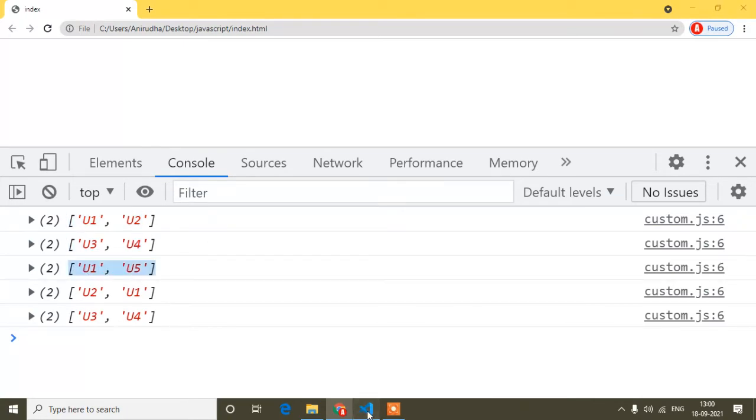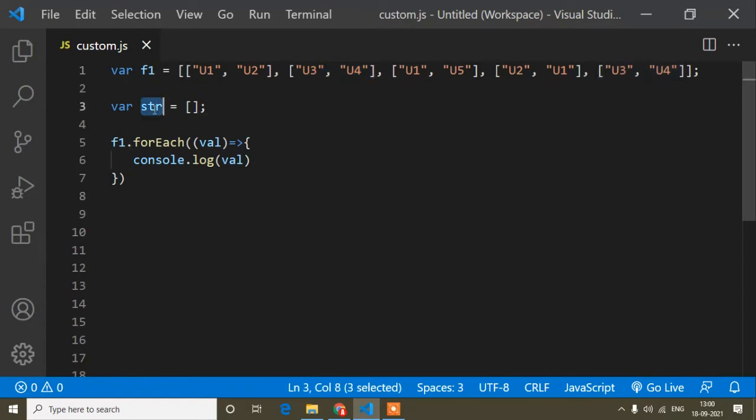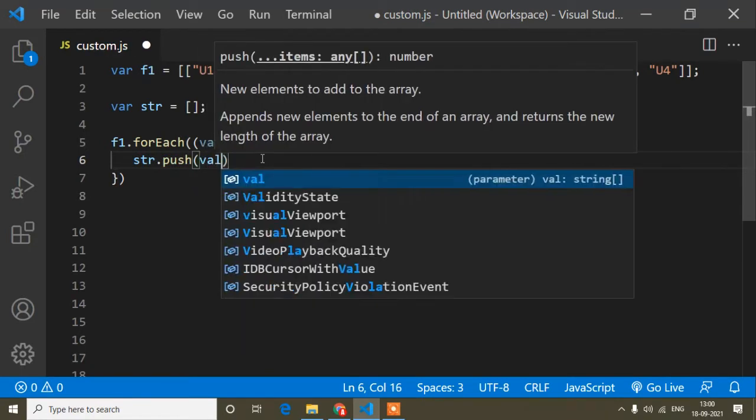Now guys, you can see these values are coming in an array format. In this array format I cannot remove the duplicate one, so I have to convert this array into a single string, right? So how can I do that? Just on this str variable, .push and this value, right?